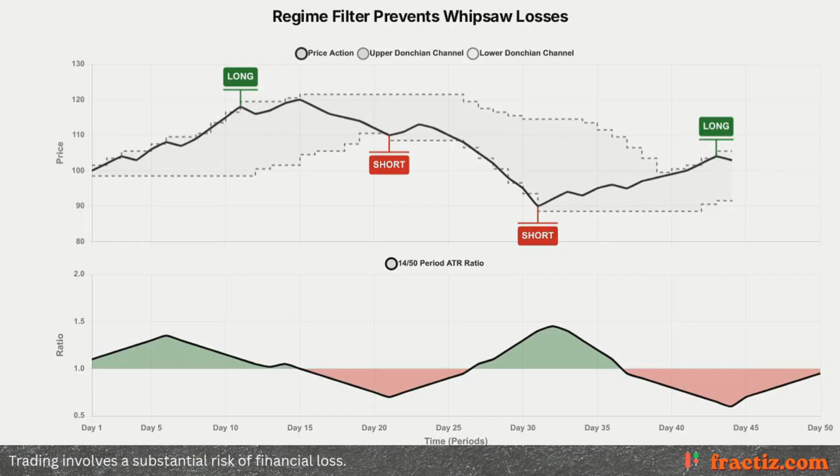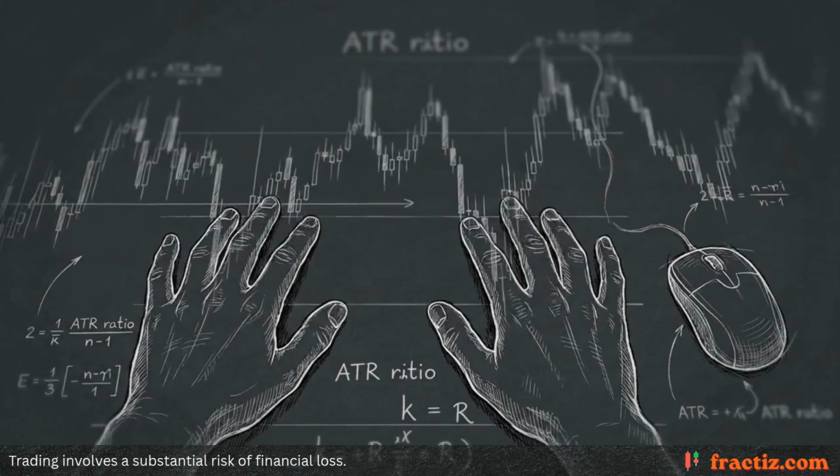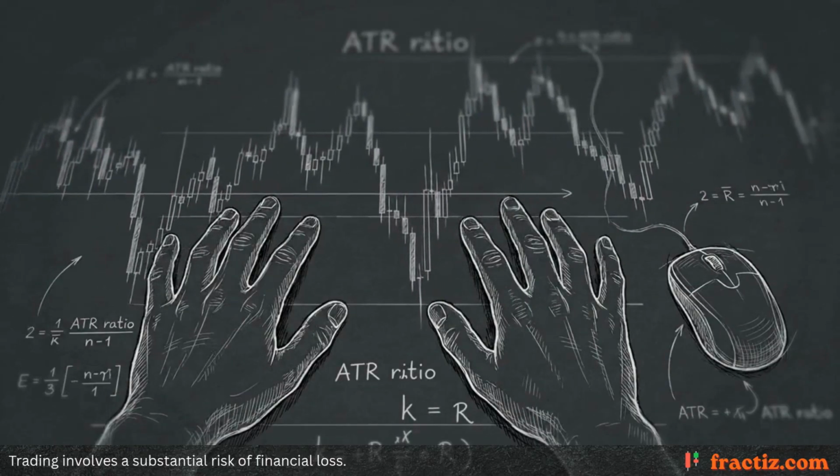Combining these two rules builds the final system. Long signals fire on upward breaks and short signals on downward breaks, but only when they align with the green expansion zones. The triggers trapped in the red zones fade away completely. The strength of this logic lies in its inaction. During contracting regimes, the strategy stays perfectly flat with zero market exposure.